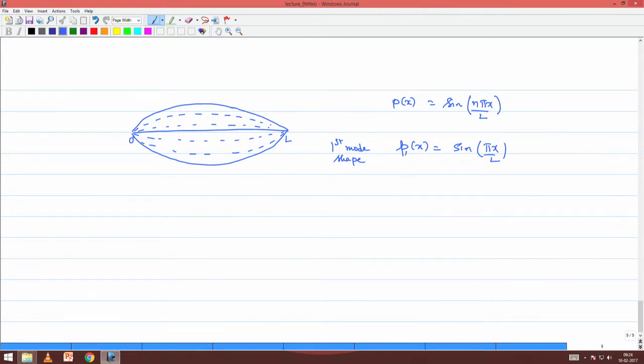And if you recall, or if you have an idea of it, this is exactly the same mode shape that you will have for a simply supported beam also. The simply supported beam will have a first mode shape, which is this. Now, for the second mode shape, how will that look like? P 2 x is sine of 2 pi x by L. So, that means it covers the entire wavelength within a span of 0 to L, right. So, this is roughly how it will look, and it will wax and wane within this domain.